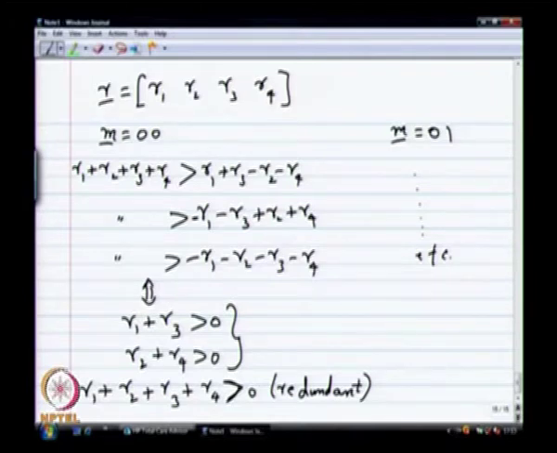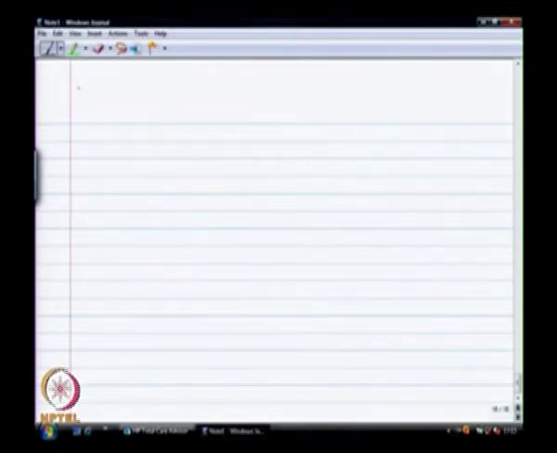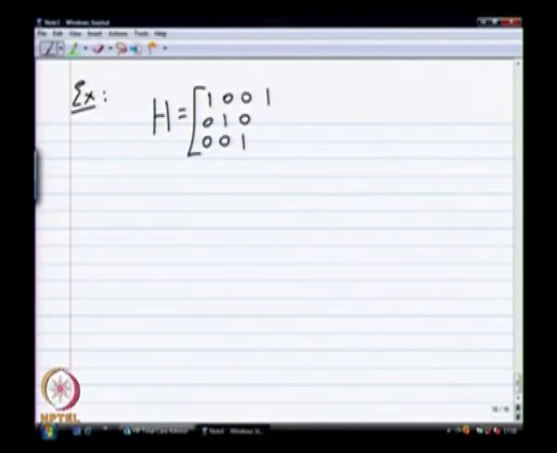Okay. So, let us go to a slightly more complicated example. Our usual standard code, which was defined by this parity check matrix, I have been using it for syndrome decoding a lot. So, this is a 6,3 code,